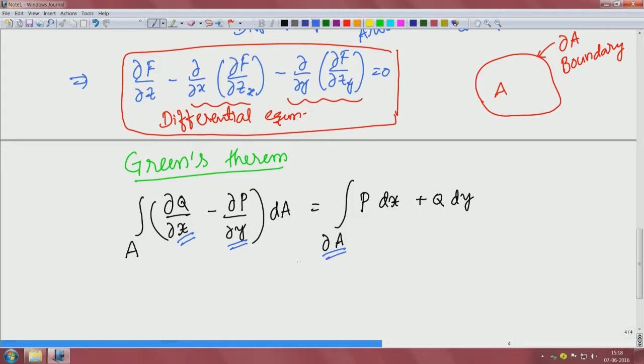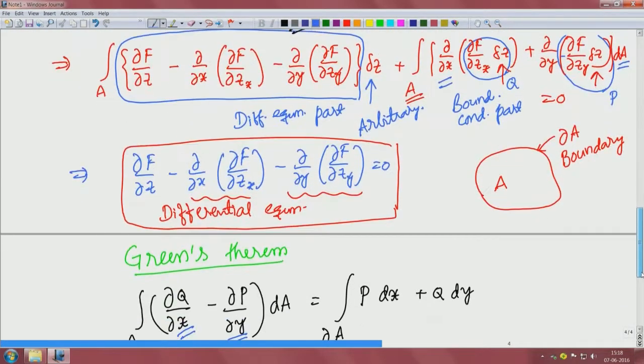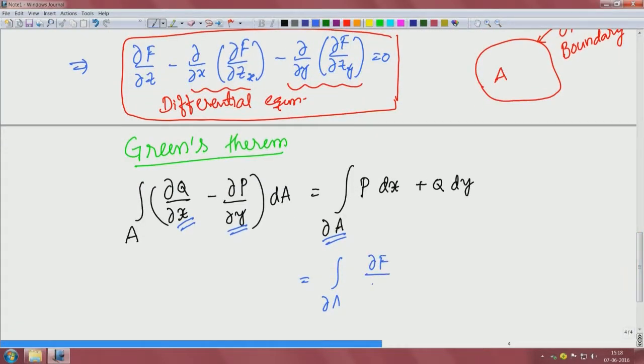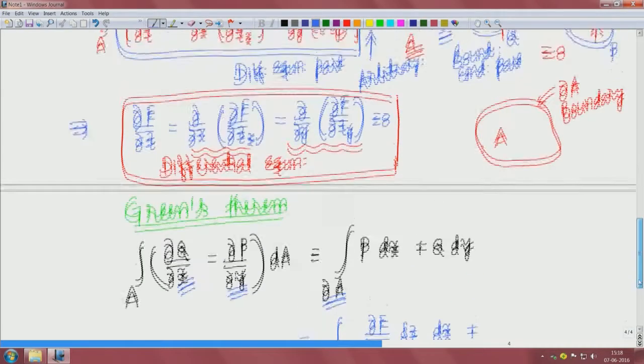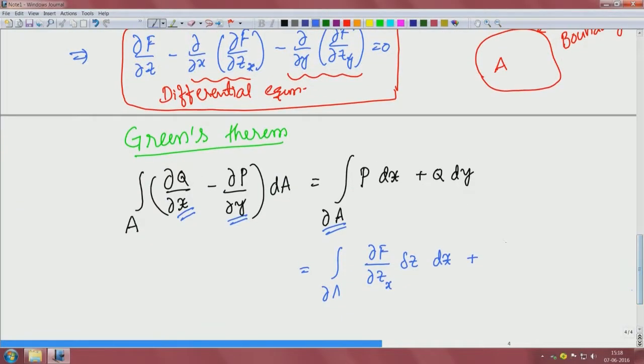This is the boundary part, like a boundary condition, which will become p dx, where p is ∂f/∂z_x δz. What we want is ∂f/∂z_x δz, where δz is arbitrary, and then p into dx, plus we have q dy. The q is ∂f/∂z_y δz dy,